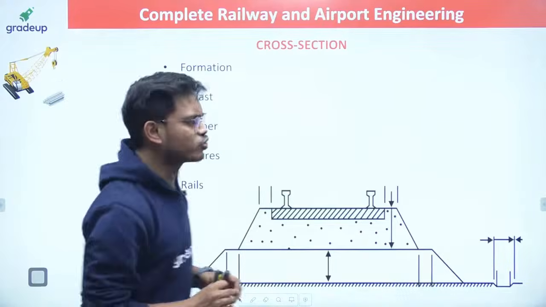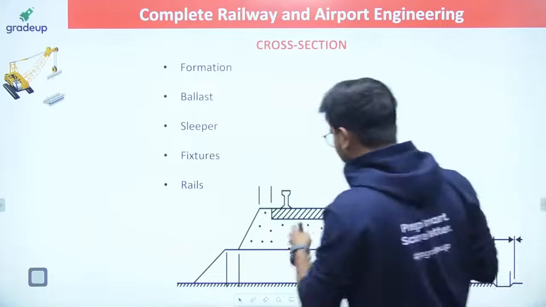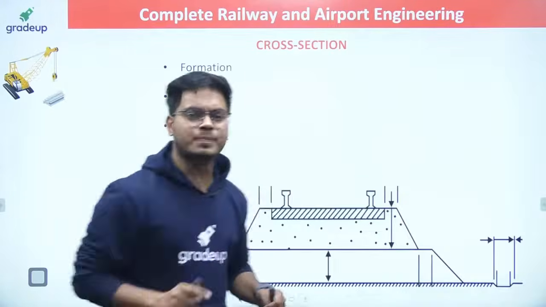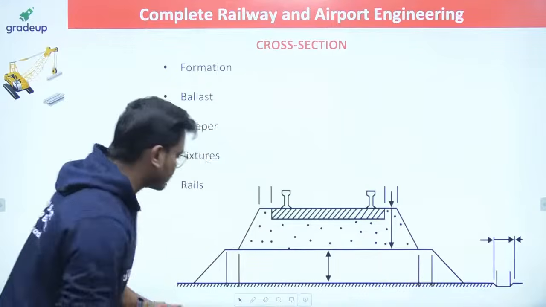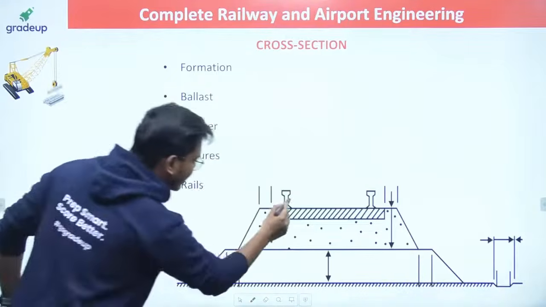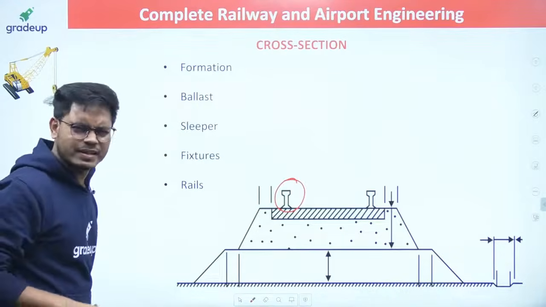So first of all, we have to understand the cross section of the rail. So guys, are you familiar with this cross section? Everybody just quickly let me know. Are you familiar with this? Yes. Can you see here this one thing, guys, that there are these rails? Have you ever seen the rails? Everybody has seen rails, yeah, come on.